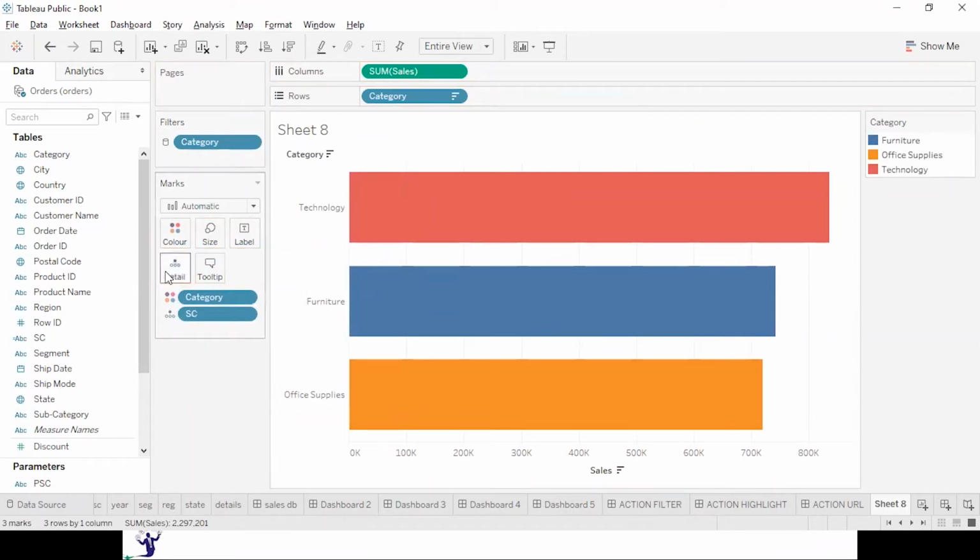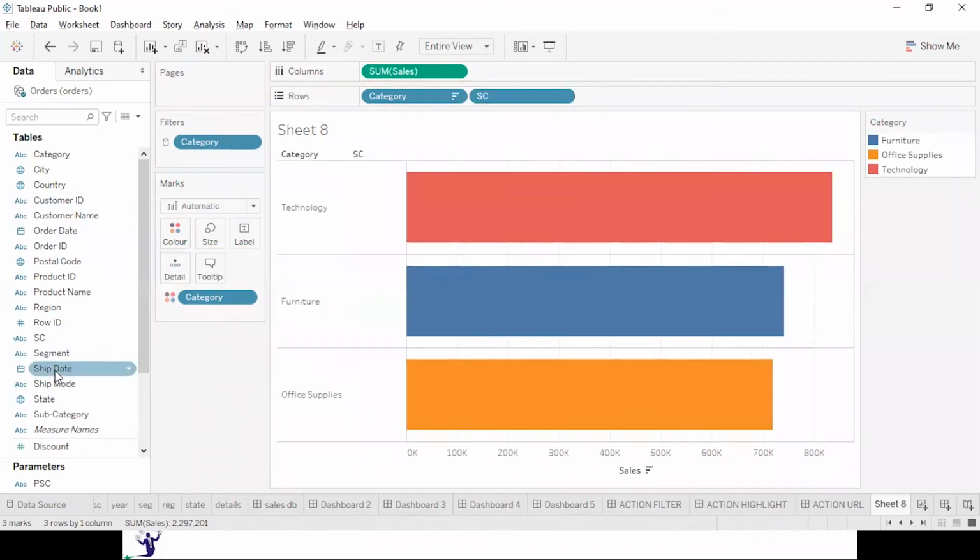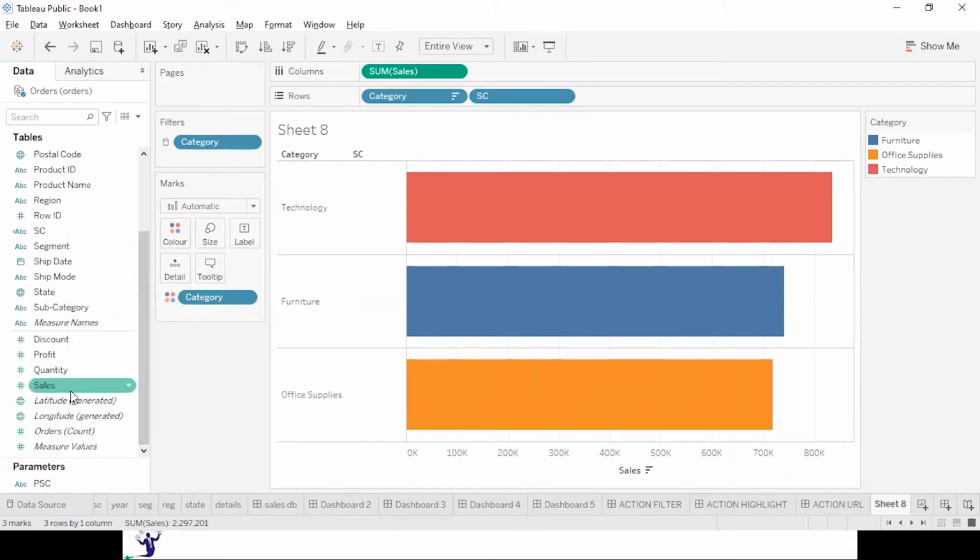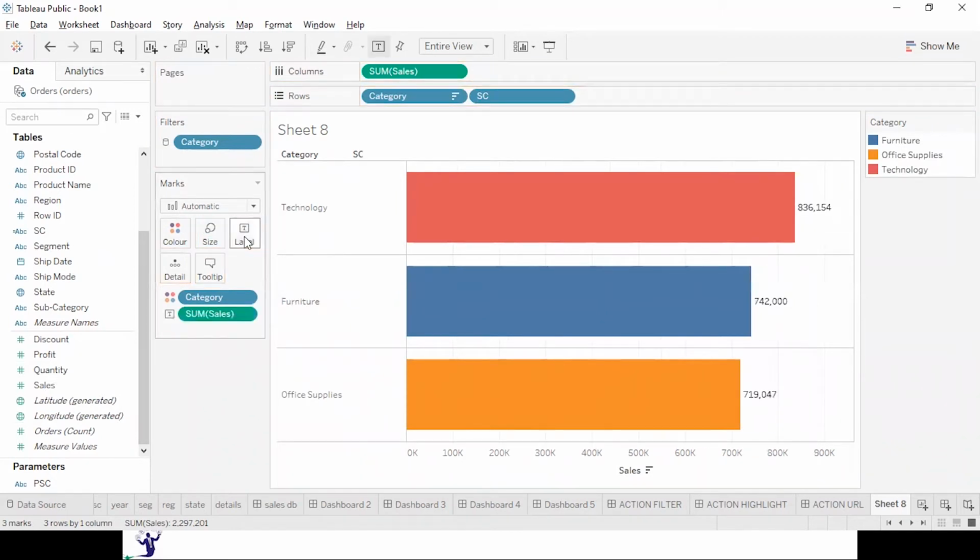Or instead of putting in the detail, let me distribute it over here. Okay, so we have done this. Now we will take, let's see, CAT2.